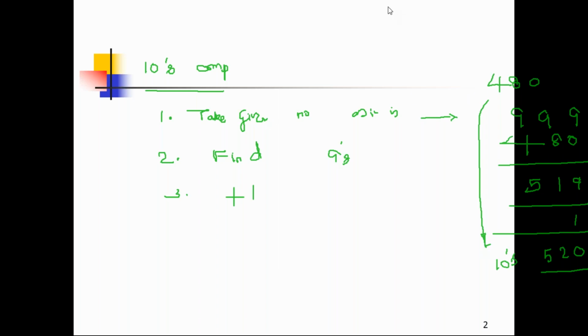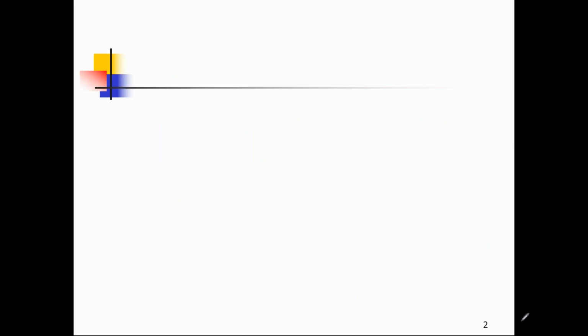So in your semester examination, there may be a chance of a 2-mark question using one's complement, two's complement, nine's complement, and ten's complement. So that's all about the complements. Now I'm moving to binary arithmetic using the complements. The first one is one's complement subtraction. In all competitive examinations, there is at least one question from this, either one's complement or two's complement or nine's complement or ten's complement.